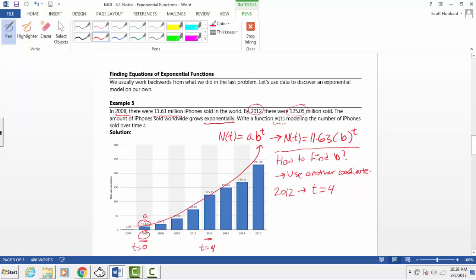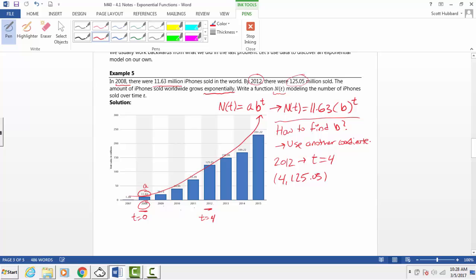So now we have t equal to 4 as our coordinate, and our coordinate pair is going to be (4, 125.05). And we can just use that value to plug it in. So this is a t, and this is an N of t. Okay, so we just plug it into this model, and we get